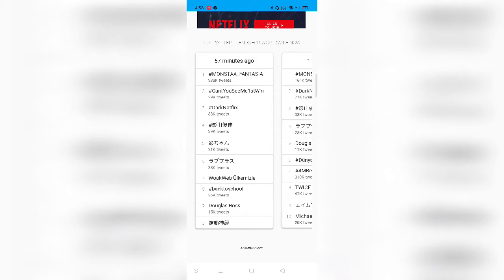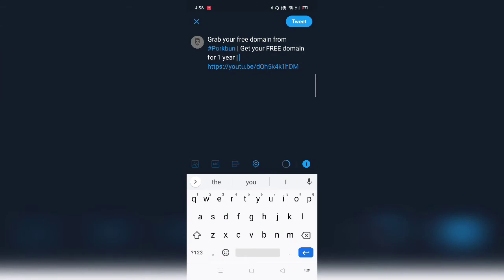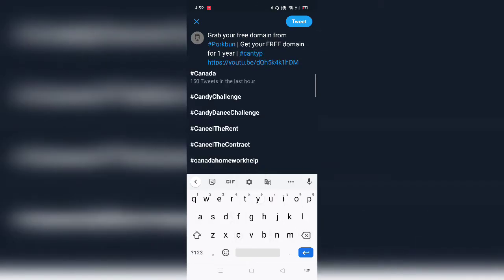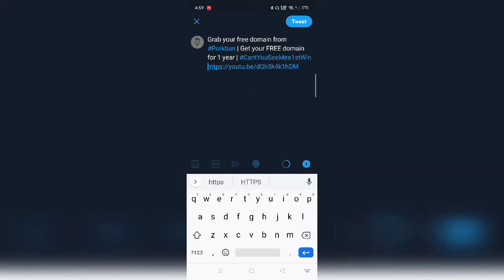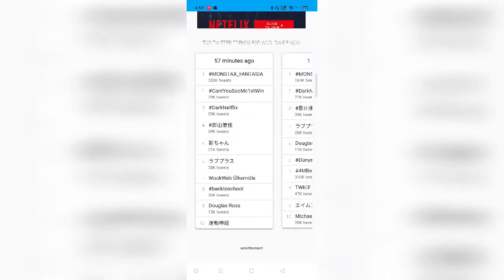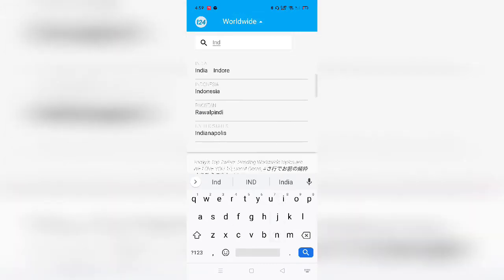Let me just go ahead and add. So I'm going to add this second one. So this is the one. Then I'm going to check out a new one. Let's see what is trending in India again.